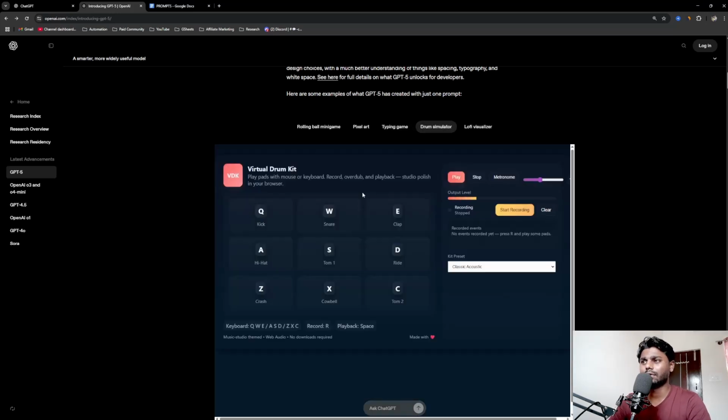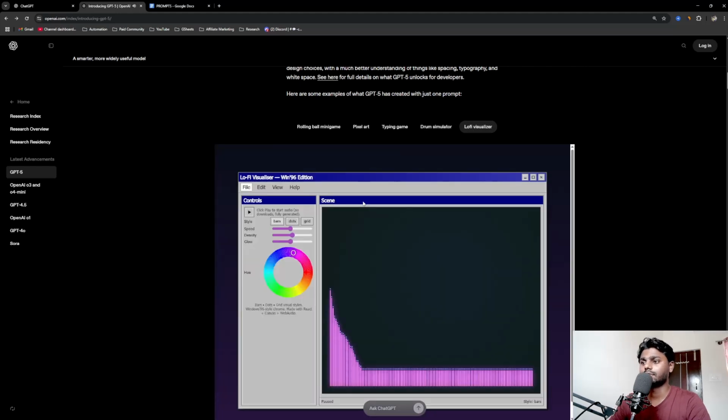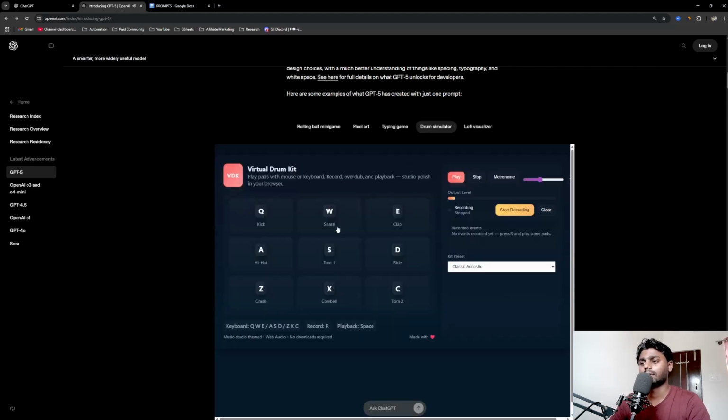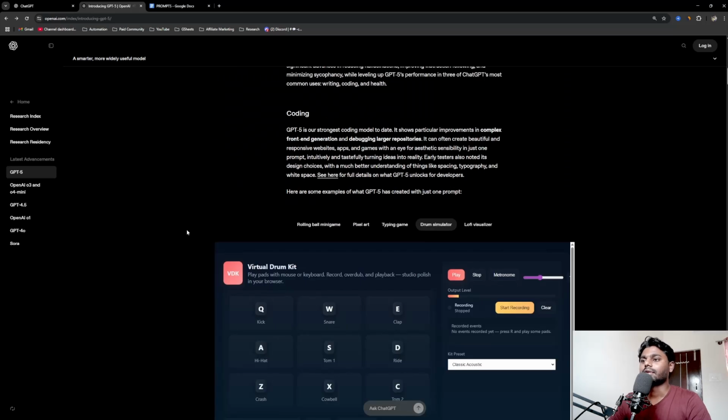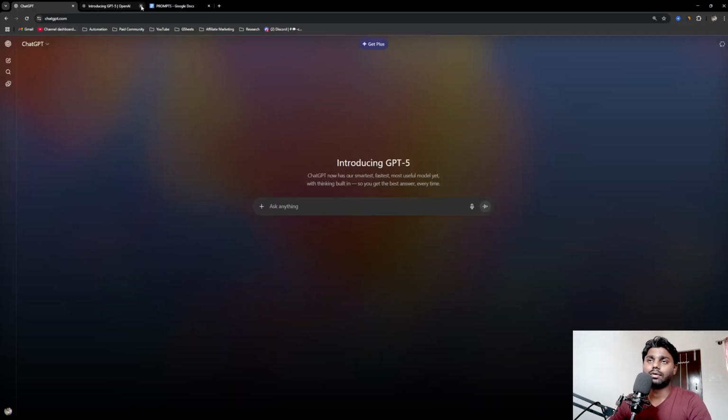And then we have got the drum simulator. If I click on any key, we will get the sound. Okay, this is really cool. And then we have got the lo-fi visualization. No, that irritates me. All right, the first thing first, we're going to try the GPT-5 with our own prompts